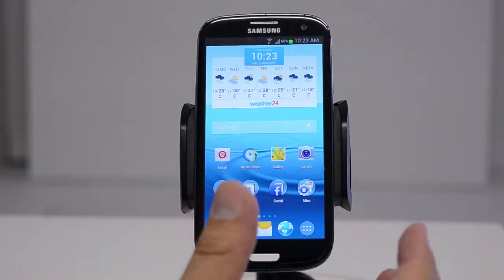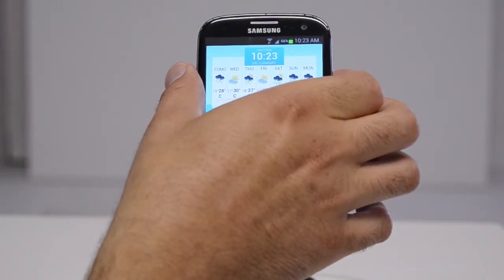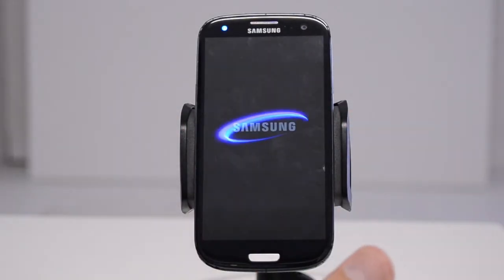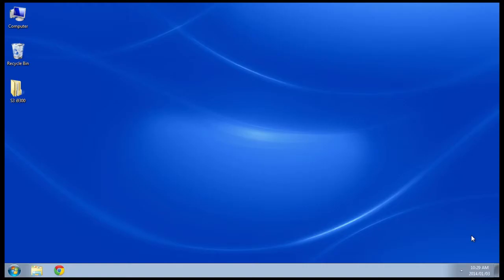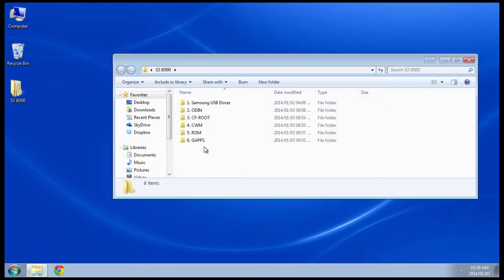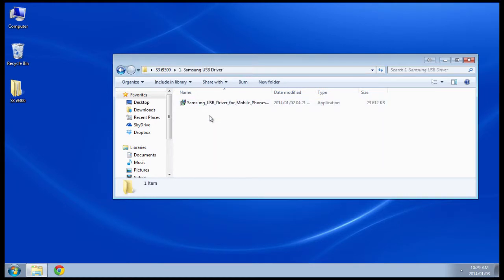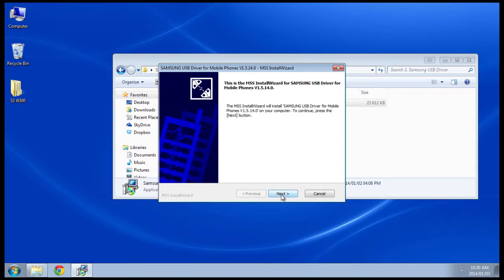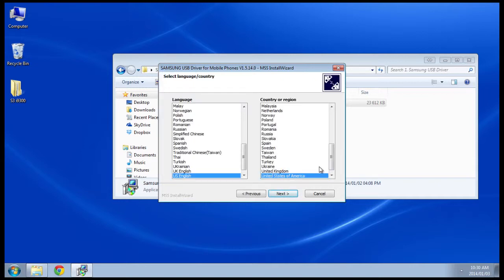Okay, now for this, we're going to go ahead and just power off the phone. So we're going to get into rooting the phone, and I've created download links for all the files that you will require. They will be numbered accordingly, and the first step is going to be to install the Samsung USB driver. Now, according to everything I've read on the internet so far, I'm going according to quite a few guides that I've seen,